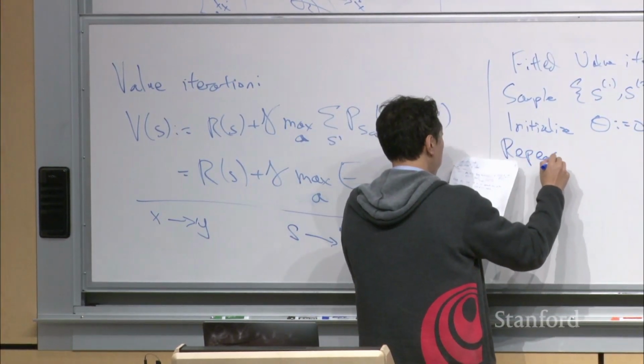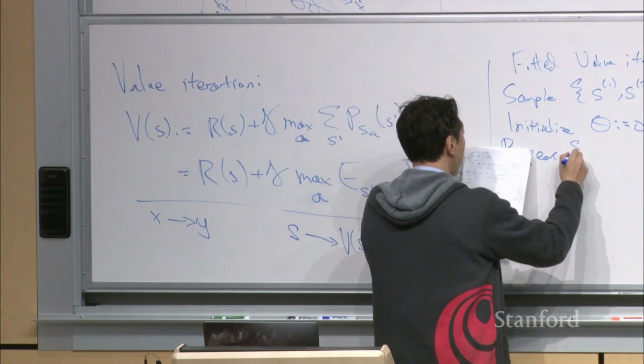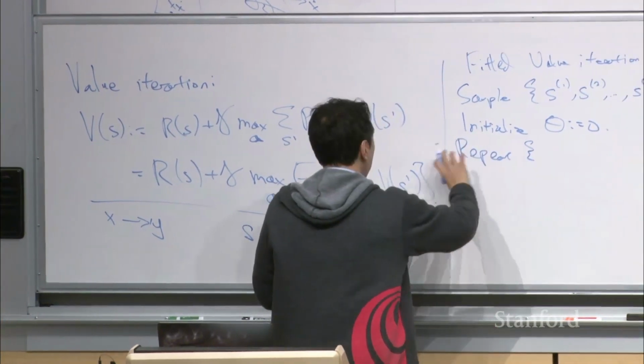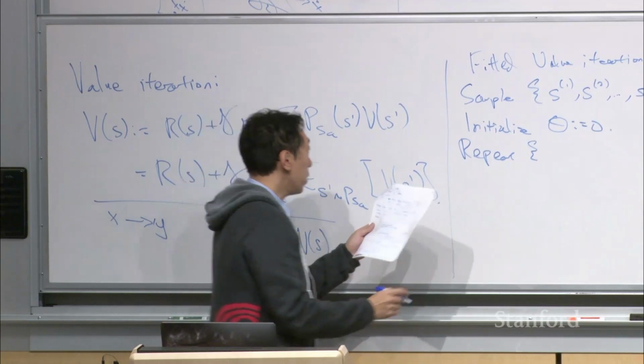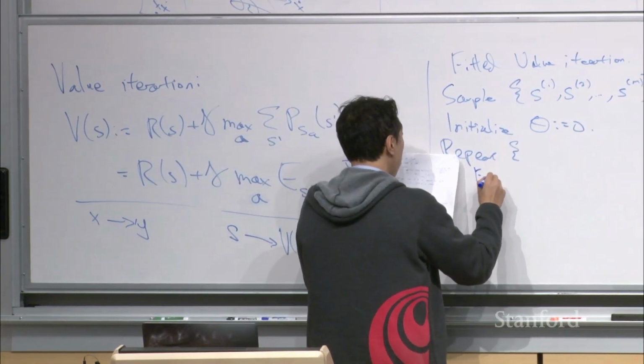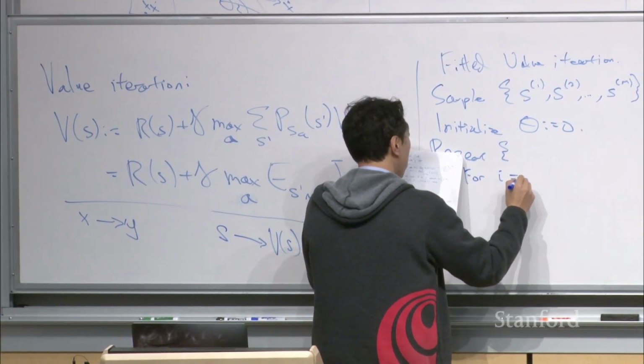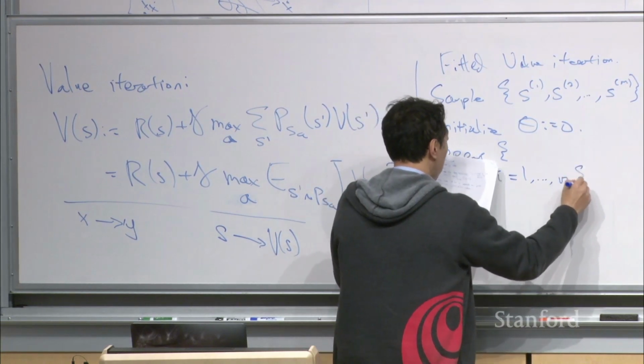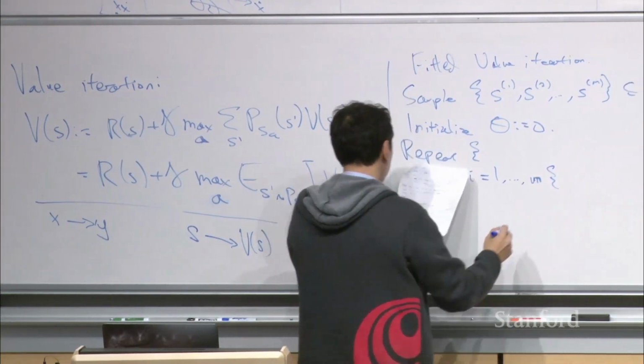And so this is the outermost loop of fitted value iteration. And then for i equals 1 through m,